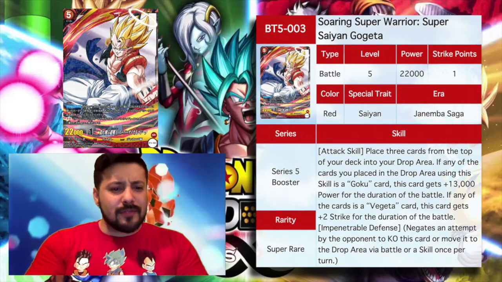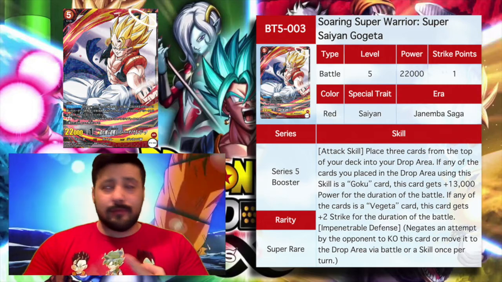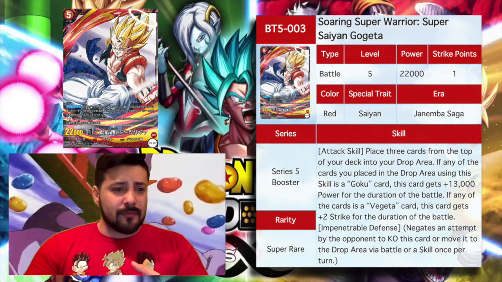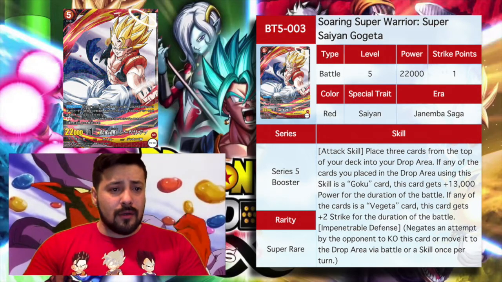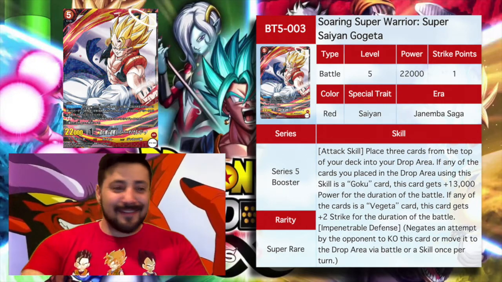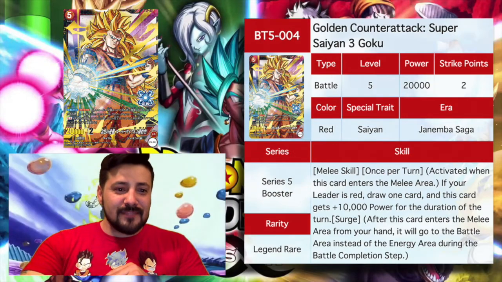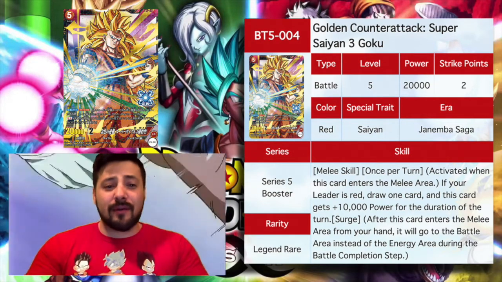What I also noticed here is there's no fusion, no Patara. Of course there wouldn't be a Patara, but there's no type of fusion. It's just a 5-drop. Wow, that's stoked. So let's go see what our other battle card is, and that is Golden Counterattack